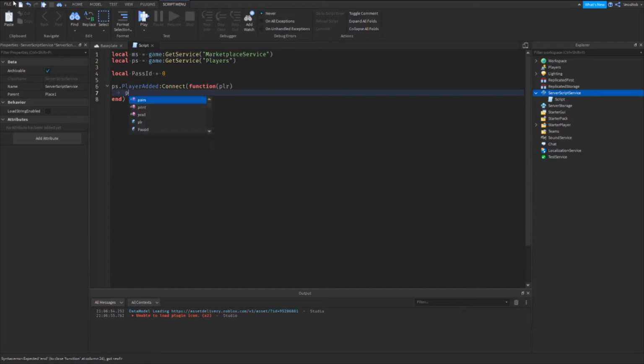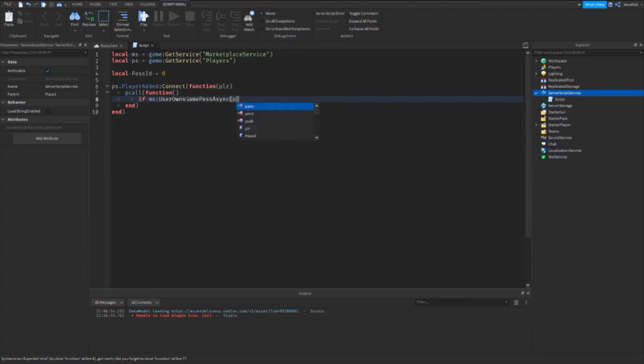Then we can do a pcall function just like this, and that essentially gets rid of any errors, because sometimes you do get them when running asyncs. Don't ask me why, you just do occasionally. Roblox recommends that you always run asyncs through pcalls. So we can say if MarketplaceService:UserOwnsGamePassAsync, then player.UserId, passid. Then if the player owns the Game Pass by that pass id, then we shall print